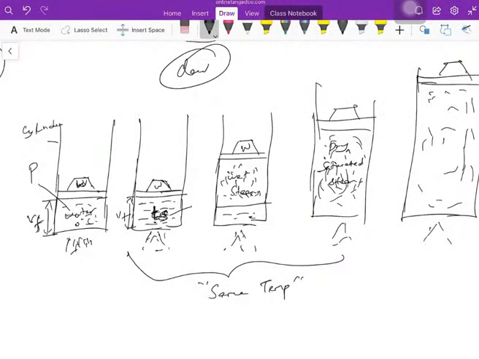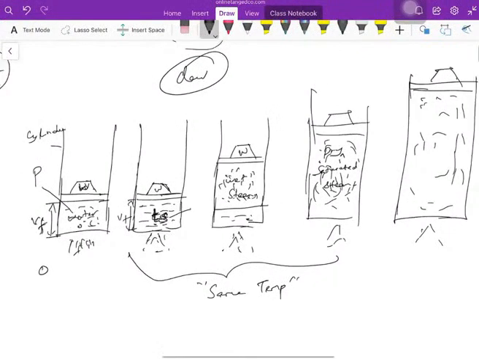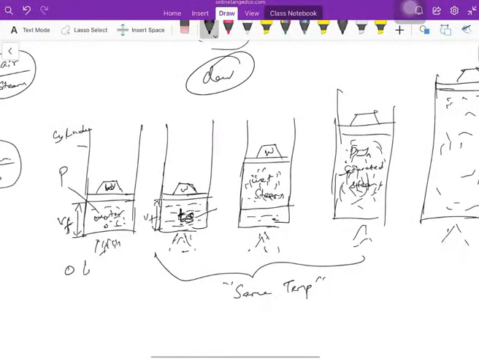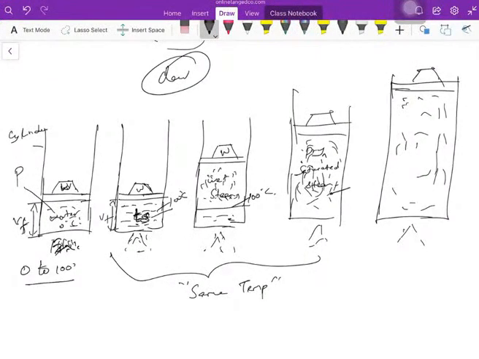If you see the temperature here, it starts from 0. Let me assume that 100 degree is the saturated temperature of water. From 0 to 100, the temperature of water will rise because of the heat. Once it reaches 100 degree, it reaches the saturated point. The 100 degree is the saturated point of water. So some of the water will be converted to steam, but still the temperature will be maintained at 100 degree only. Then here all the water is converted to steam. Still the temperature will be 100. So that is surprising.